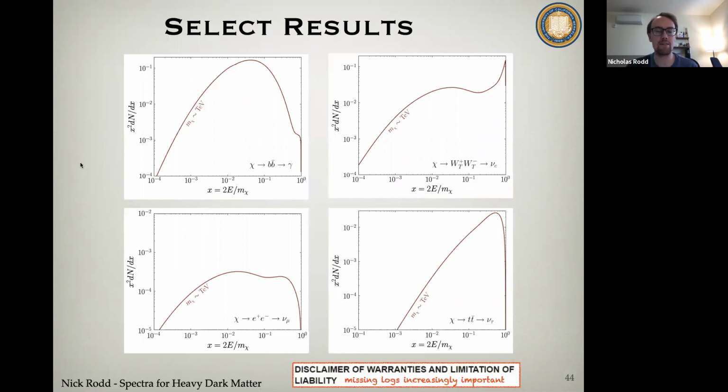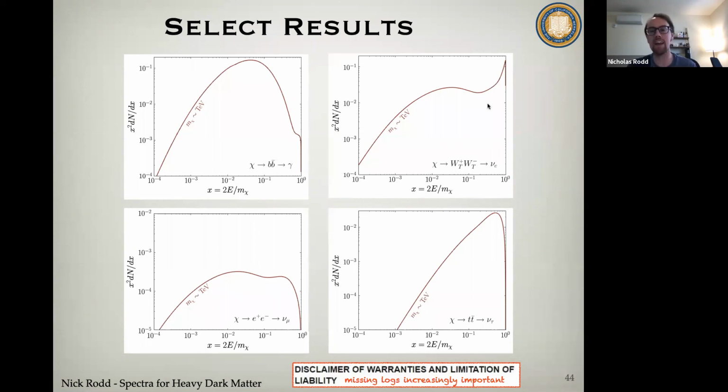Okay, so then as advertised, I just wanted to show you some spectra going all the way to the Planck scale. So here I'm just choosing, really there's an enormous number of possibilities here. Our formalism, we calculate all the possible fragmentation functions for every state in the standard model and all stable final states up to a proton. We don't consider anti-helium, for example, at this stage, although that would be an interesting thing to consider.